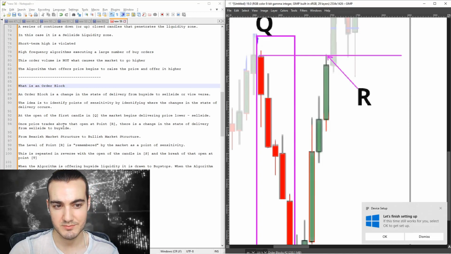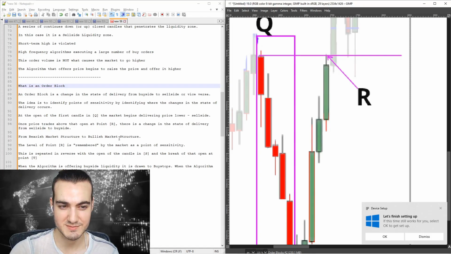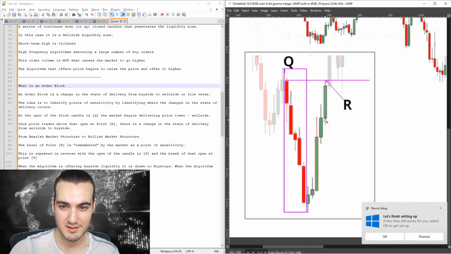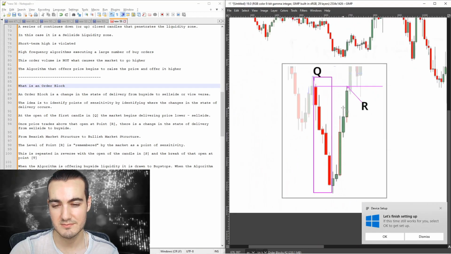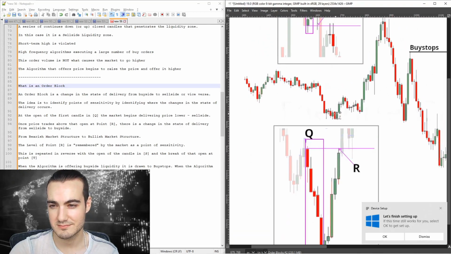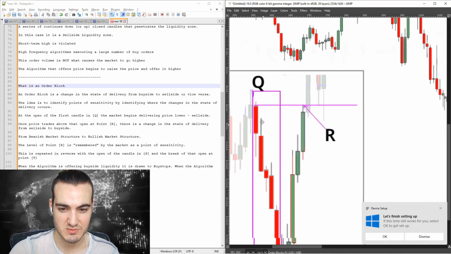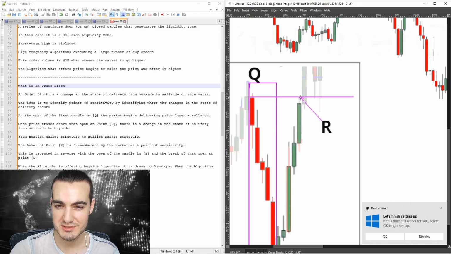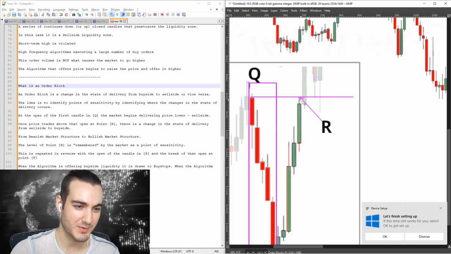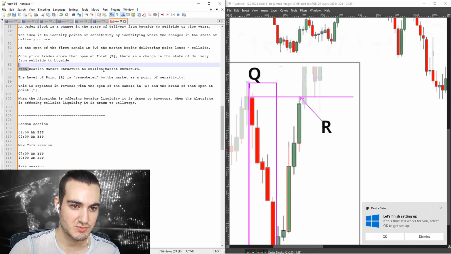Once price trades above that point, above the open at point R, there is a change in the state of delivery from sell side to buy side. Okay, so here we are at point R. This is the 1 minute candle, I think, so that's why we have more bars here. So at point R, we are switching from sell side to buy side, from bearish market structure to bullish market